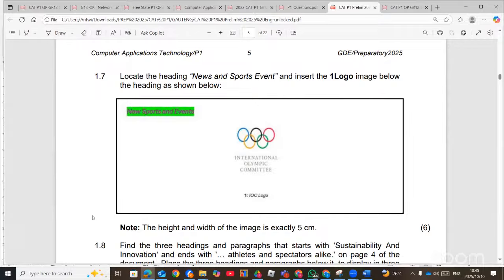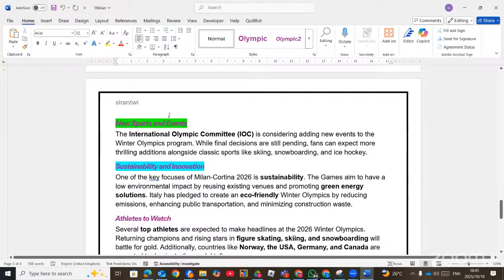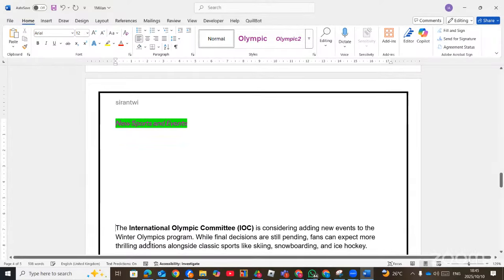So we're going to insert the image under this heading. So we have to get a space. So we can click here before this paragraph and press space so that we can get more space. And then we are going to insert the image. Like yesterday, I showed you another way of also inserting the image. We can just go there and then